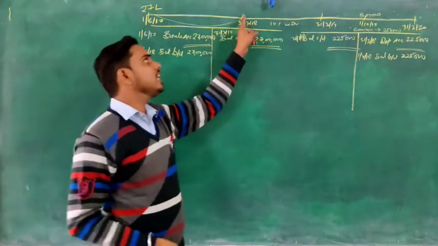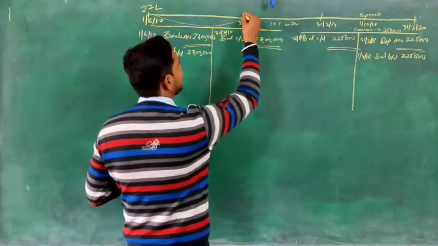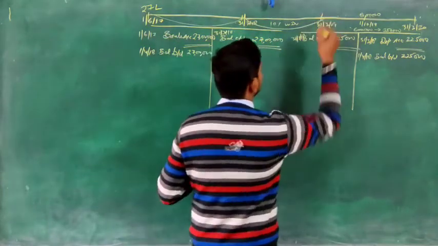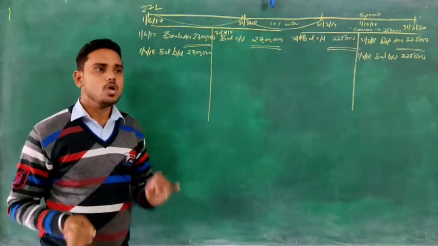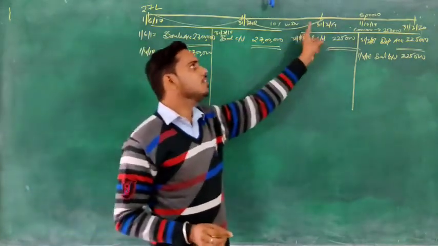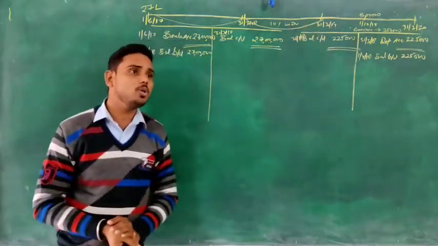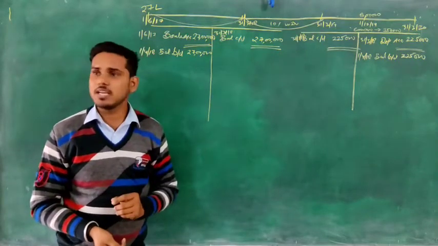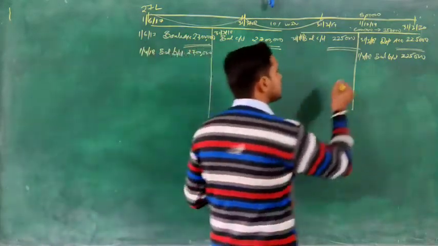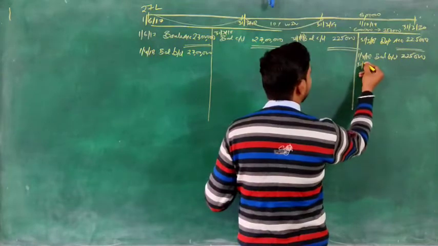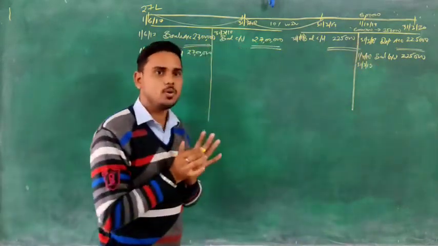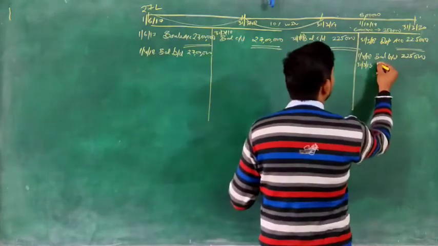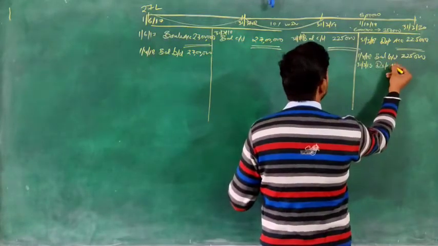Now we are standing here on 1st April 18, and if you see from 1st April 18 to 31st March 19, there is no transaction. So if there is no transaction on 31st March 19, what will we do? We will charge depreciation. Okay, and depreciation in this method is always recorded in the second account, that is provision for depreciation account. What will we write, sir? We will write by depreciation account.